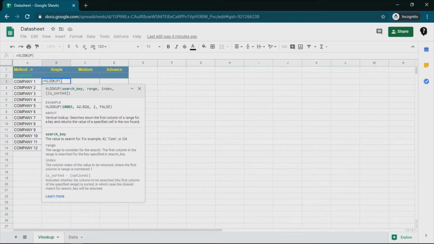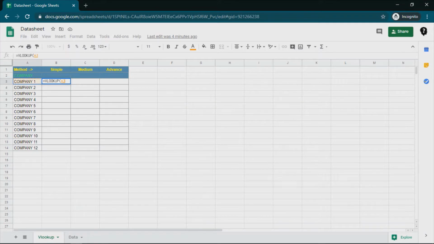Okay, now the search key I am giving a reference here as A1. Now as I will be using the VLOOKUP formula for all the rows, sometimes we need to fix the selections. So for example, here if I drag this formula downwards, I need my reference to shift downwards. So in that case I need my rows to be moving, however my A column should be constant.